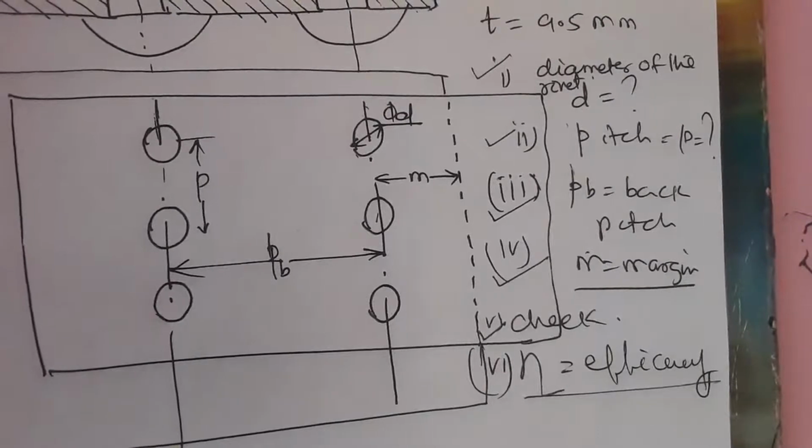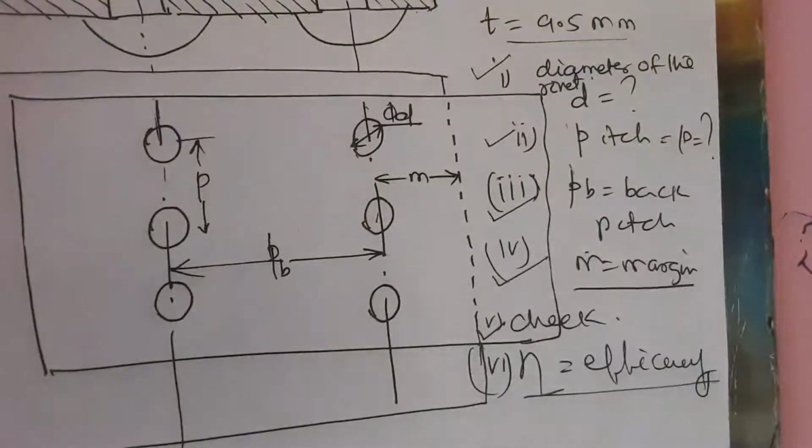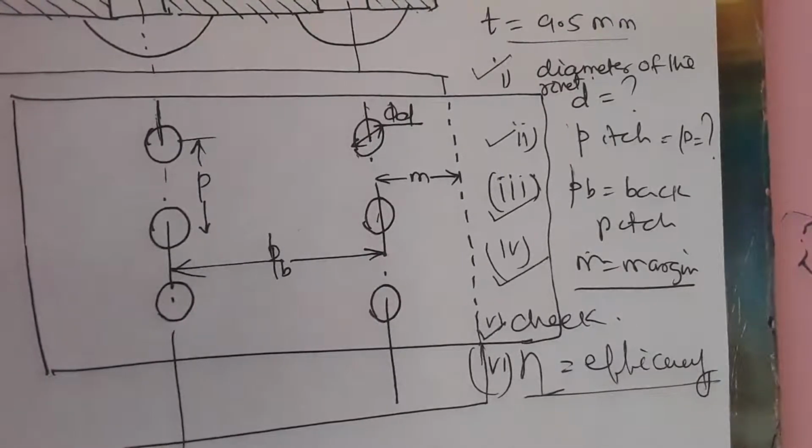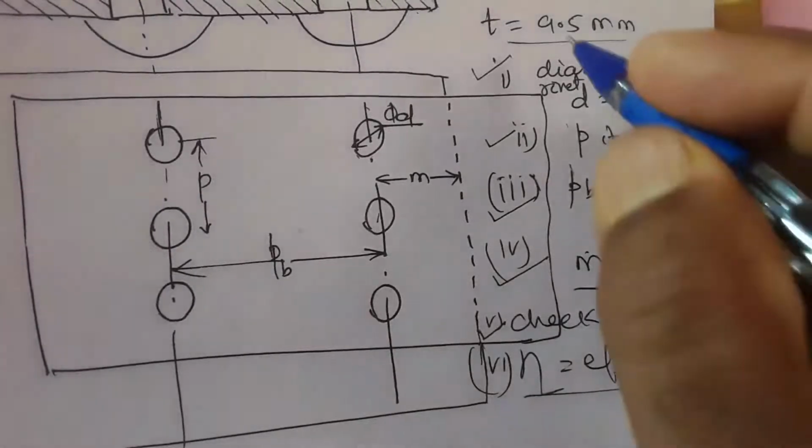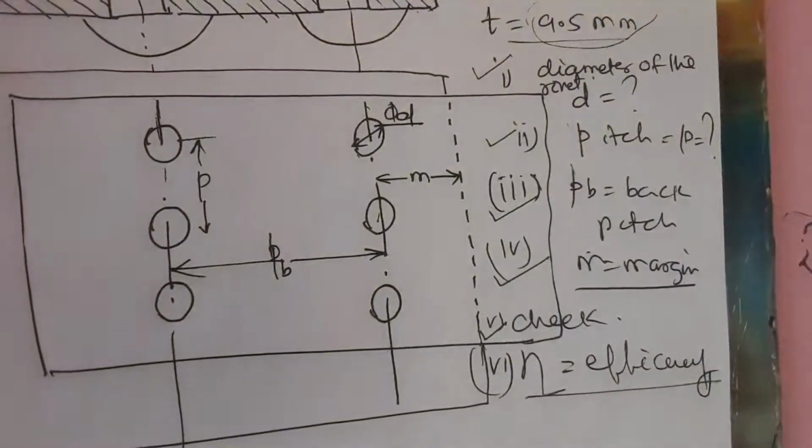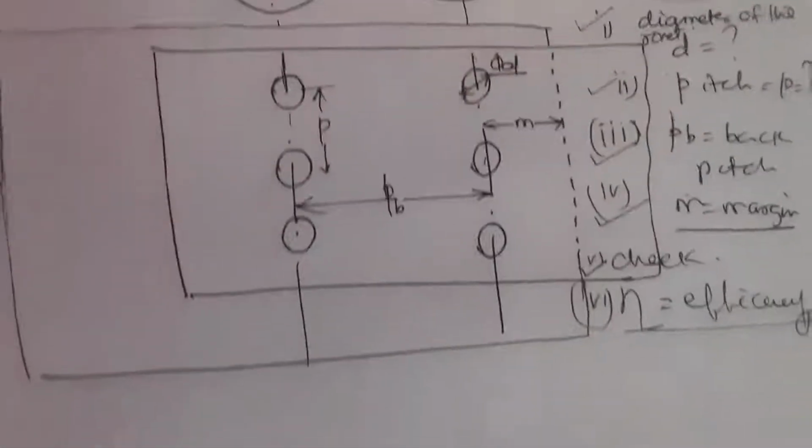To know that, if the plate thickness is more than 8 millimeter, we can use Unwin's formula to find the diameter of the rivet. Or, to find the diameter of the rivet, we can compare the shearing strength with the crushing strength of the rivet. The crushing strength and shearing strength should be equal, and from that we can find the diameter of the rivet. Now, if the thickness of the plate is given, in this case we will find the diameter of the rivet hole. So the first thing we will find is the diameter of the rivet hole.